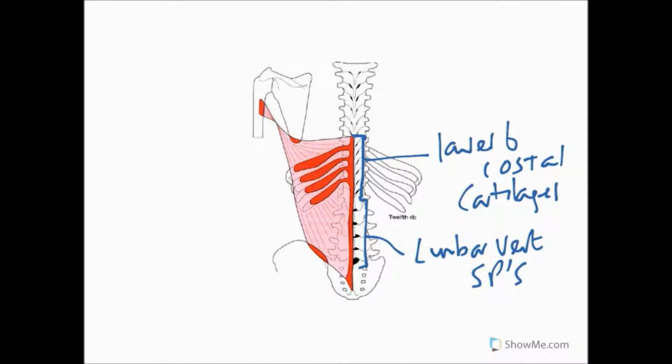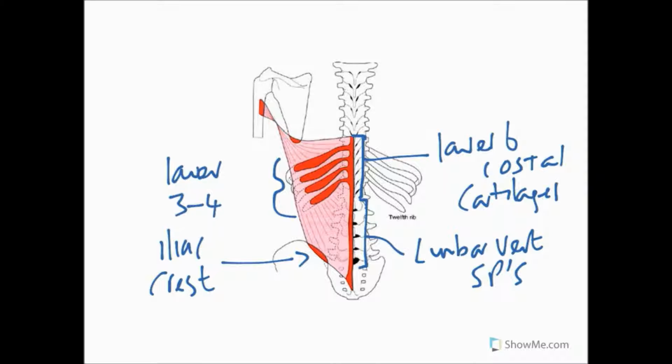So here we've got via the thoracolumbar fascia, which is some connective tissue, as I mentioned before, but the spinous processes of the lumbar vertebrae and also the associated ligaments of those spinous processes as well. We also have attachment here to the iliac crest. So we have that as well, and we also have in here, which is the lower 3 to 4 ribs